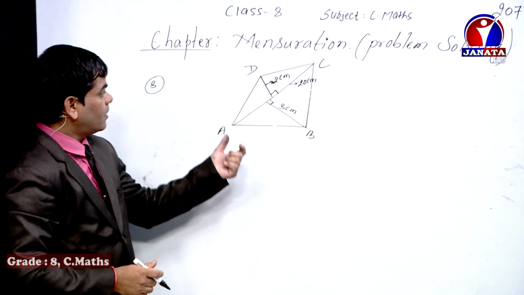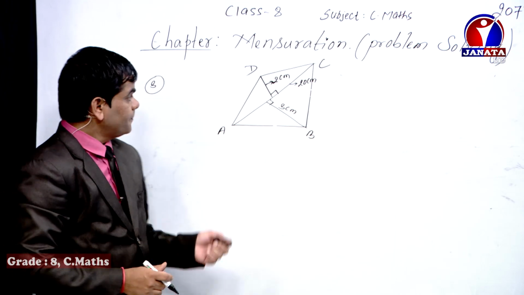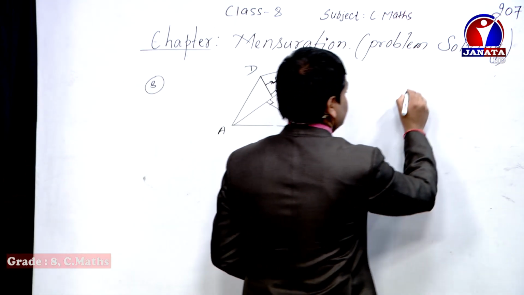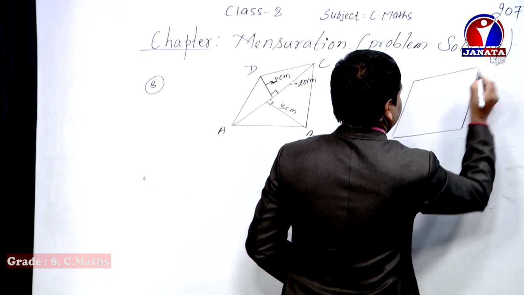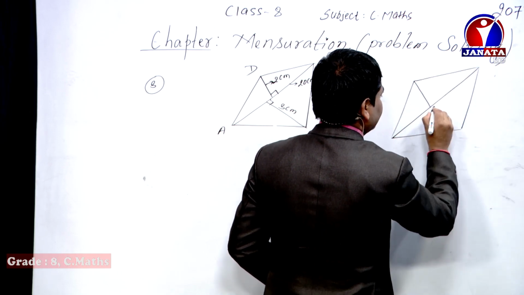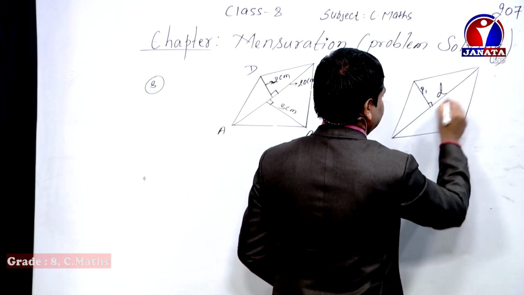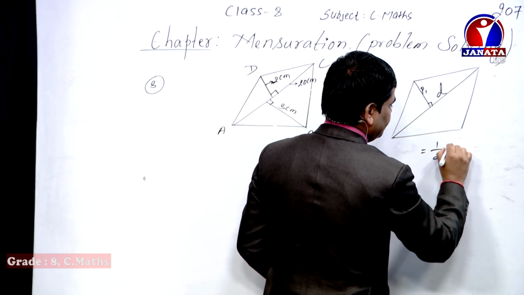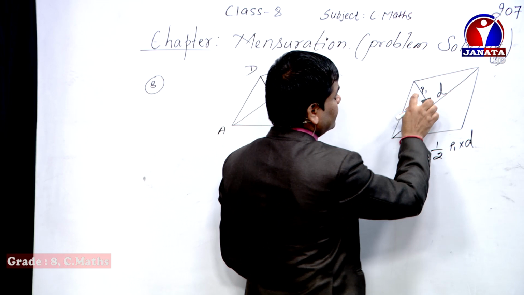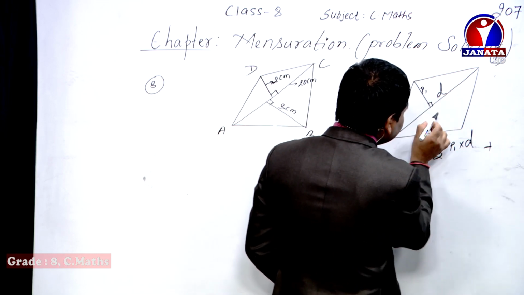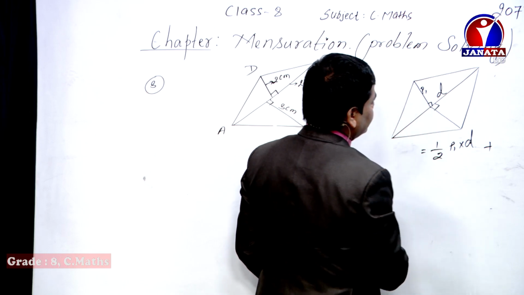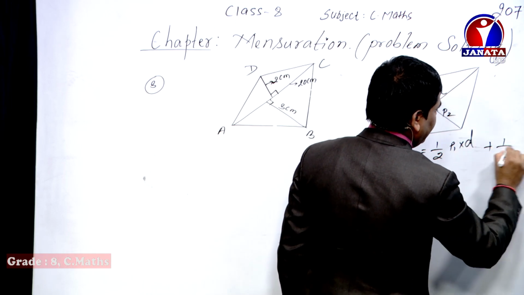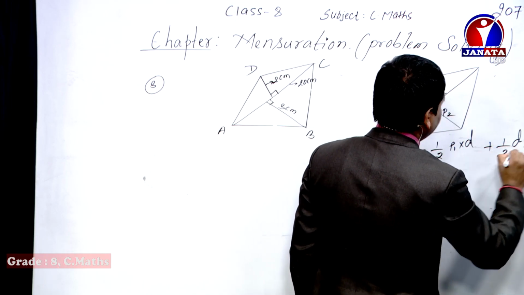So it's the problem regarding quadrilateral. So what is the formula? At the time, what did you do in case of quadrilateral? Just remind what you did for this triangle. This one is perpendicular and this one is diagonal, isn't it? So in order to find the area of this one triangle, 1 by 2 P1 into D, perpendicular line into diagonal. Again there is another triangle this side, isn't it? So to find the area of this triangle, P2, and again the base becomes diagonal. So 1 by 2 base becomes diagonal, so D into P2.